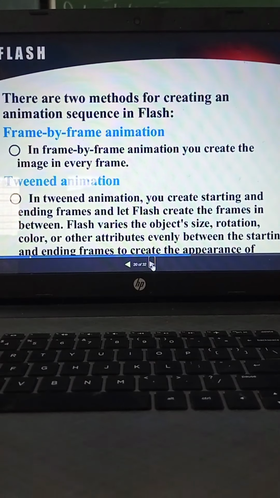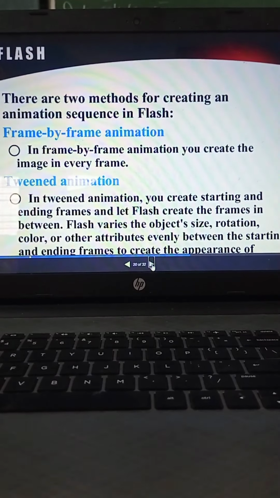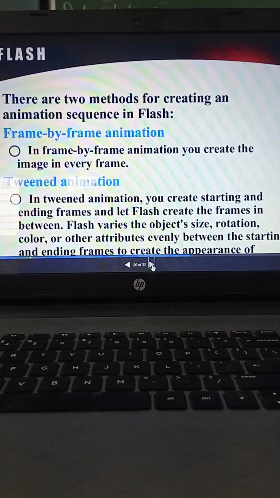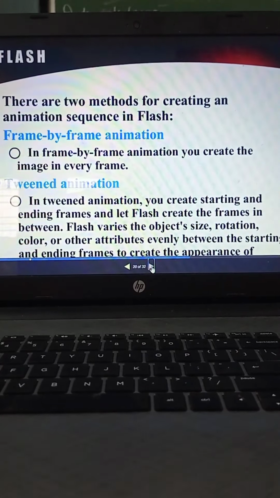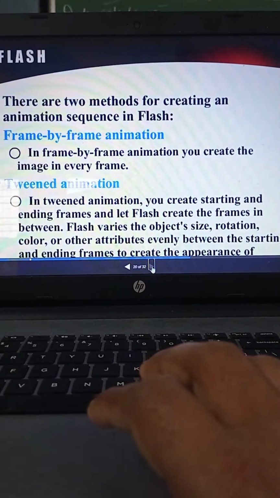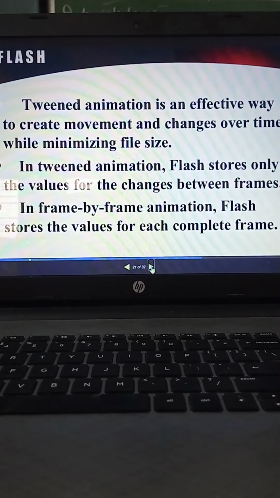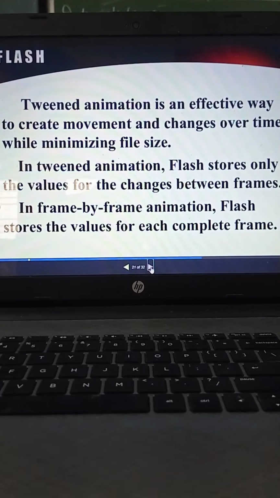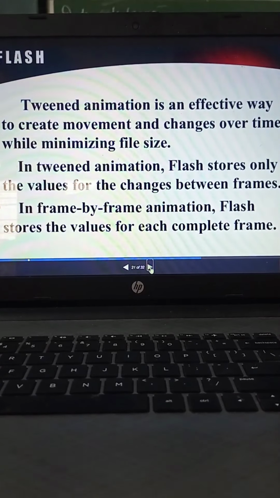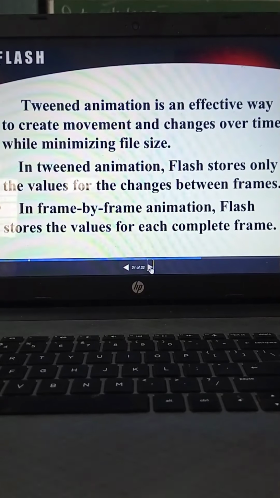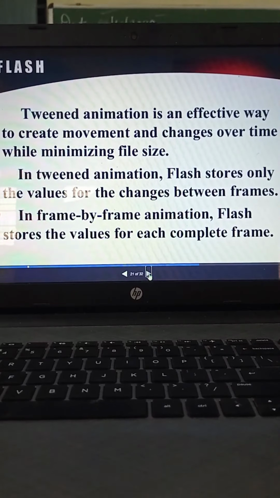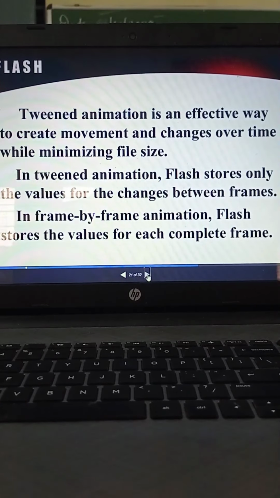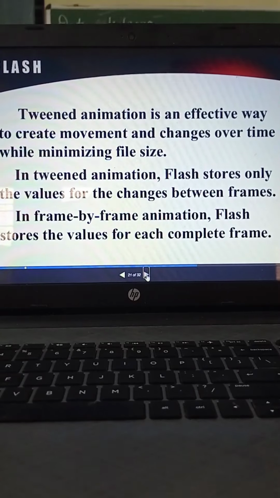Flash varies the object size, rotation, colors or other attributes evenly between the starting and ending frames to create the appearance of motion. Tweened animation is an effective way to create movement and change over time while minimizing file size. In tweened animation, Flash stores only the values for the change between the frames. In frame by frame animation, Flash stores the value for each complete frame.